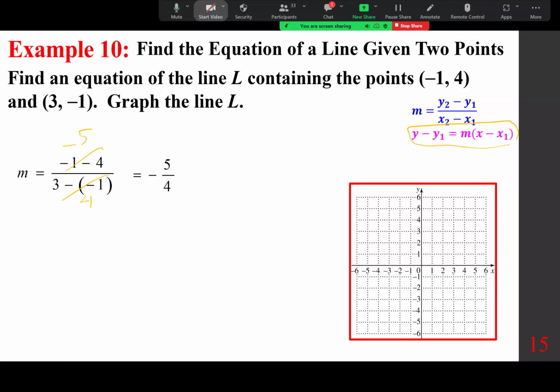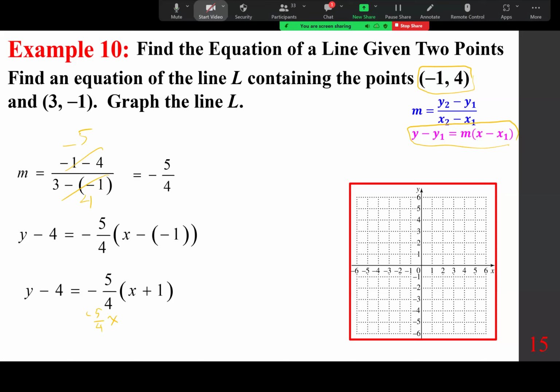And we use one of these points, and pay attention to what I want to tell you. First, use one of the points: y minus 4 equals -5/4 times x minus -1, which means +1, right? Now, if you apply -5/4 to x, minus 5/4 on the right side,